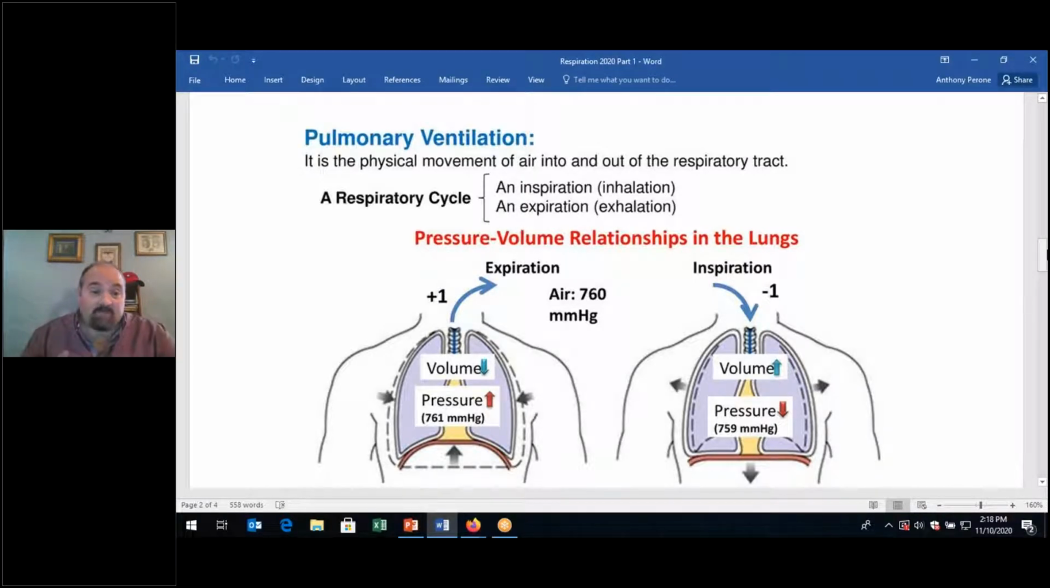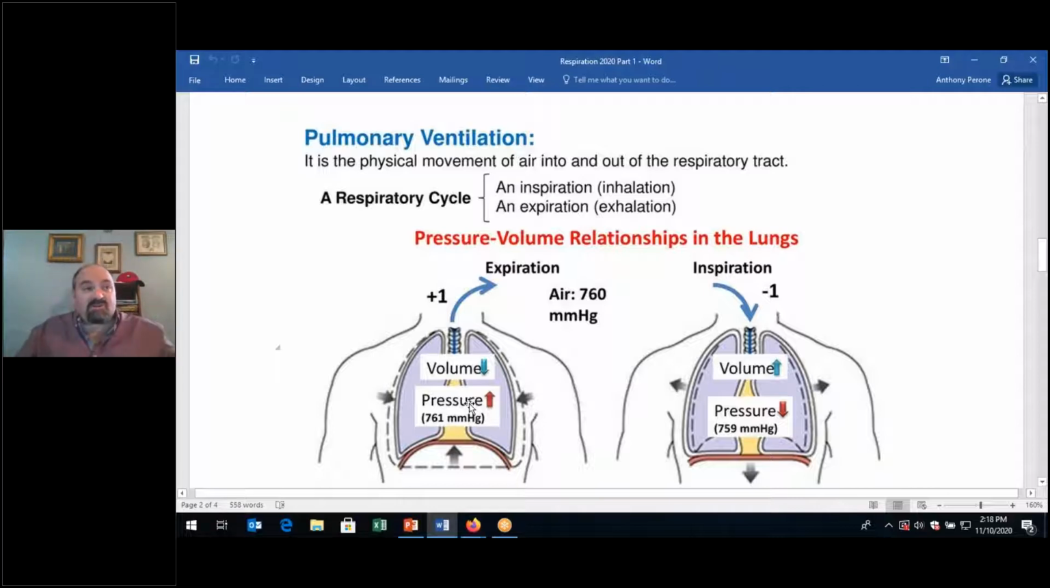Now, here's another image, and again, I will share these notes with you all, that shows you whether the atmospheric pressure, the air outside of our bodies, is actually higher or lower than what takes place within our bodies. You'll see here that the atmospheric pressure, the air, is 760 millimeters of mercury. Well, when there is a pressure within the lungs of 761, it's not a lot of a difference, only a little bit of a difference,